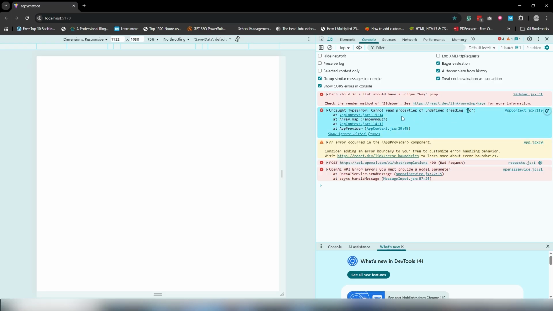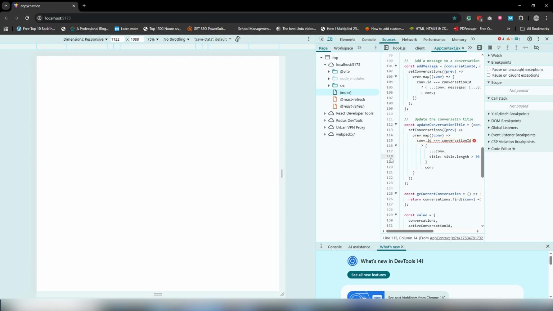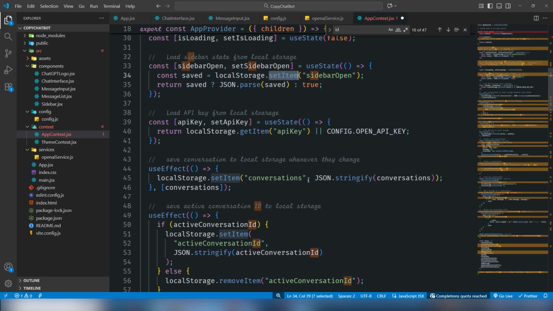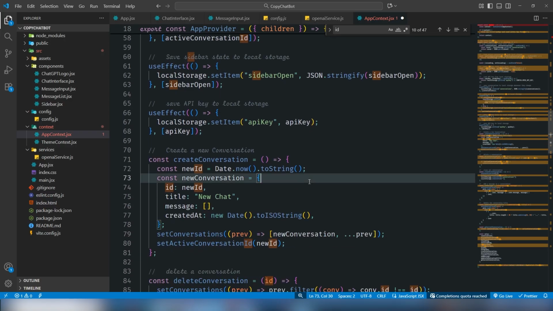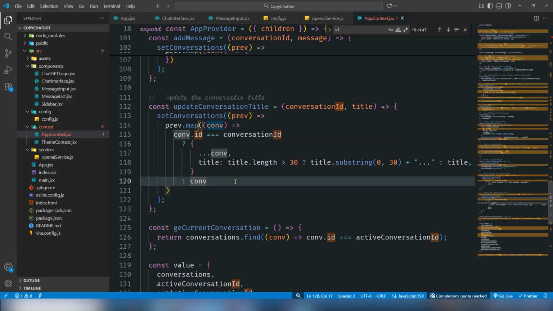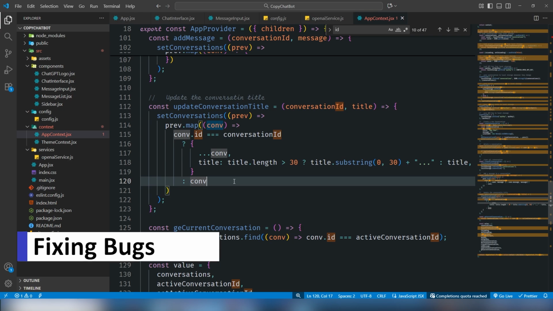Let me check it. Okay, let me undo that. It is update ID. Give me save, and in the update ID where's con.id. Make a copy, title length greater than 0. Yeah, it is perfect, guys. Update conversation title. Yeah,